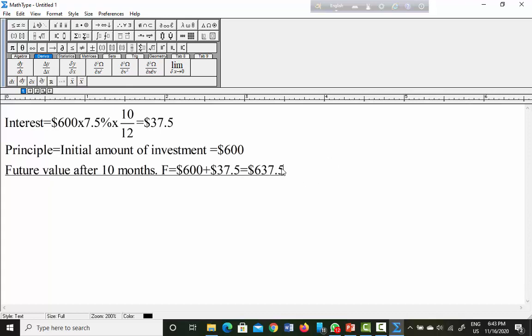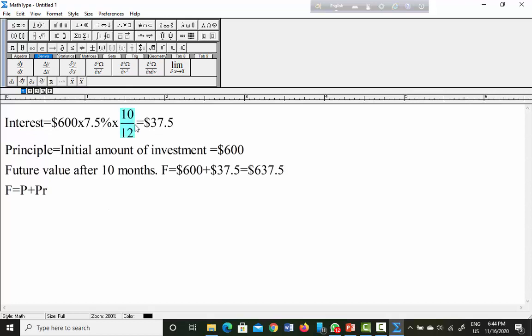So how do we calculate this one? We can calculate it that way, or we may use a formula also. So here 600 is the principal amount or present value of investment. So we can write P plus, and how do we calculate this $37.5? This is the way we calculated the $37.5 interest amount. So this $600 is the P, multiplied by rate of interest. So rate of interest means we can write R,